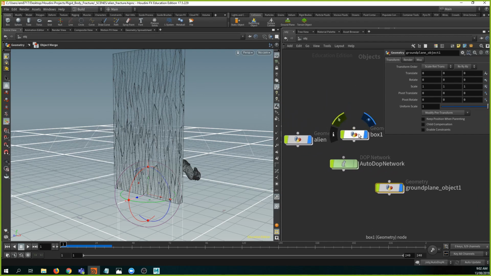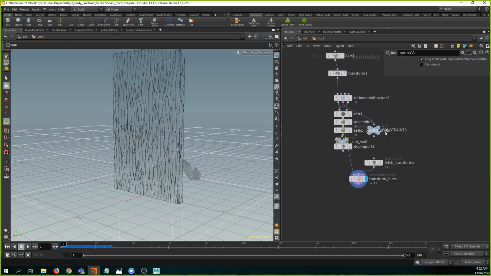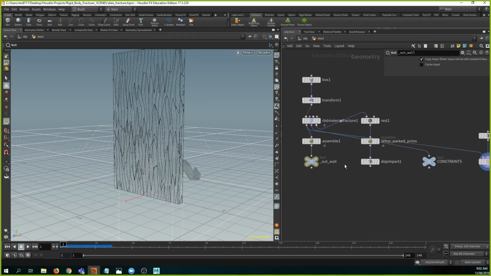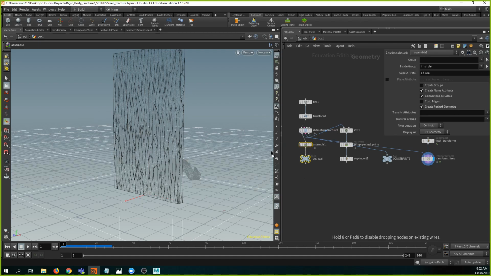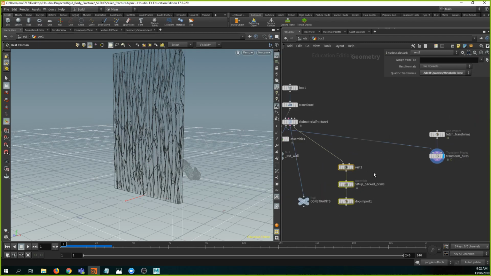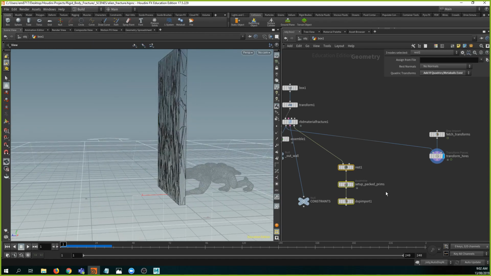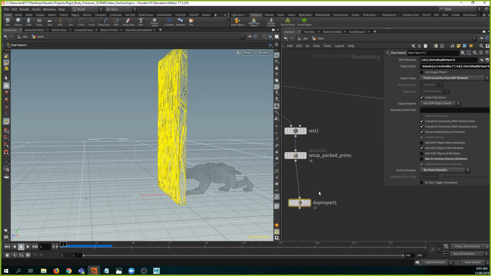So what I have to do, you remember that activation, but you will see that it just created lots of nodes. If you press L, it aligns. So lots of interesting nodes for you. It assembles here, that goes to your fracturing. These are your constraints and stuff like that. So now I know where I can create my deactivation. I'm gonna create it right before that DOP import. I can see that this is gonna be sent into